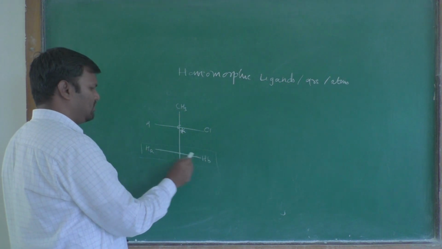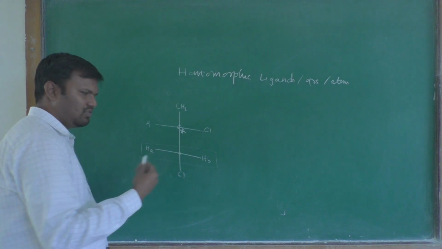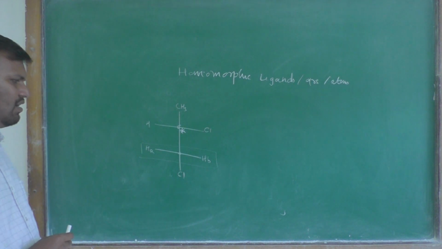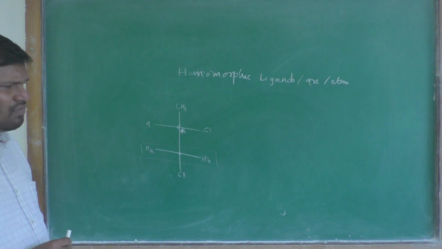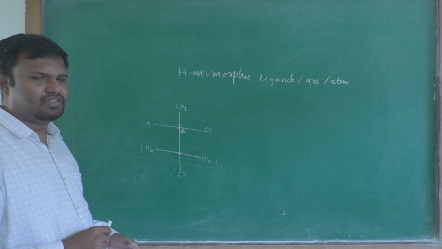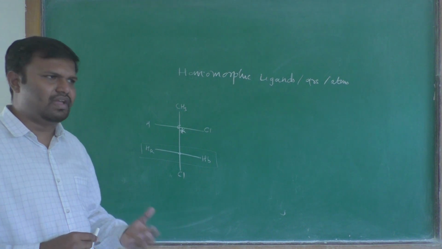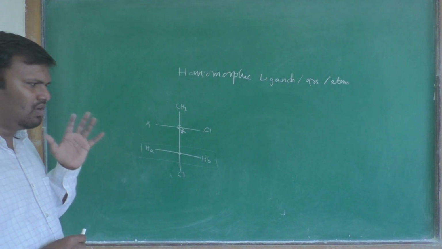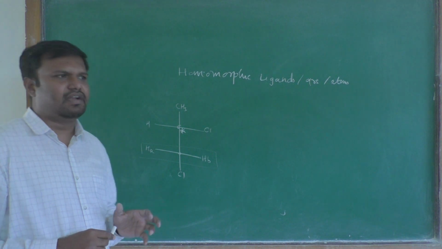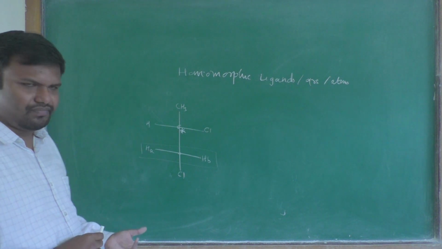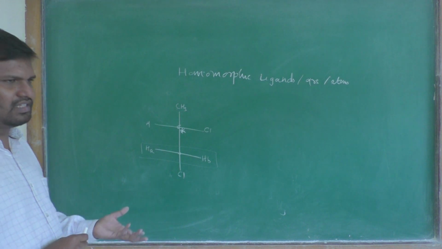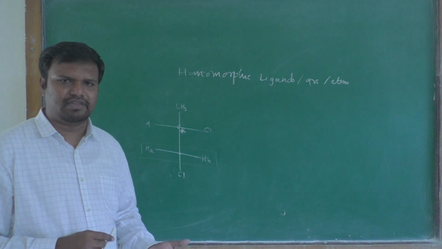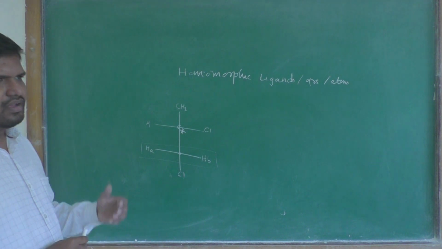These two are attached to the same carbon. When you isolate, it becomes the same, identical, and therefore those are the homomorphic protons. When such a compound is there, where there is one stereo center and a homomorphic proton, then that homomorphic proton is considered as a diastereotopic group,